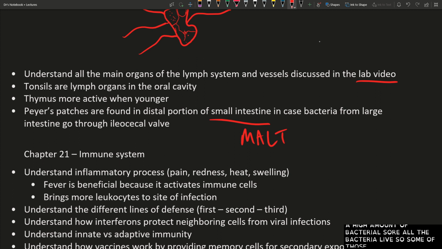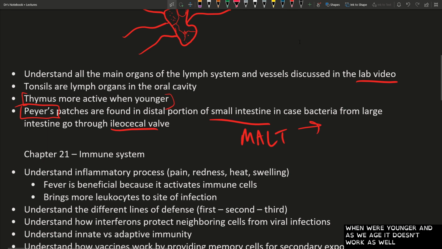So some of those can come back through that ileocecal valve. So it makes sense to have a higher amount of lymphoid tissue in the distal end of the small intestine to help protect against any bacteria that might be coming down through. And then remember, as we age, the thymus is more active when we're younger, and as we age, it doesn't